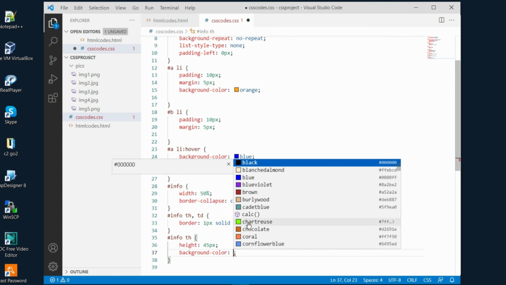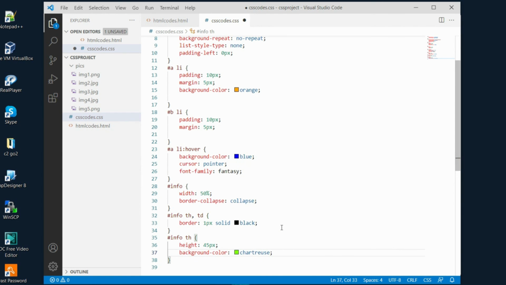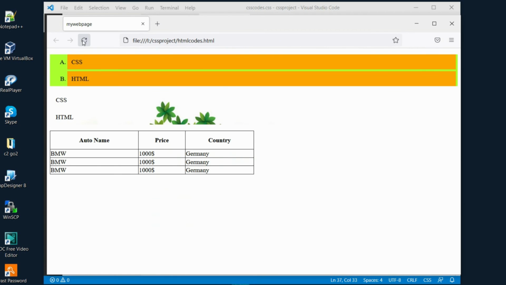Which color? This one. For example, as I said, I don't want to design, I just want to show you. We refresh, and you see that the title now has a different color from the other part of the